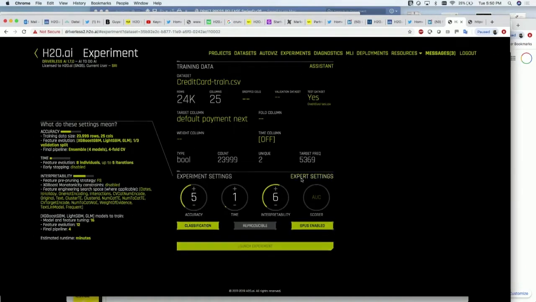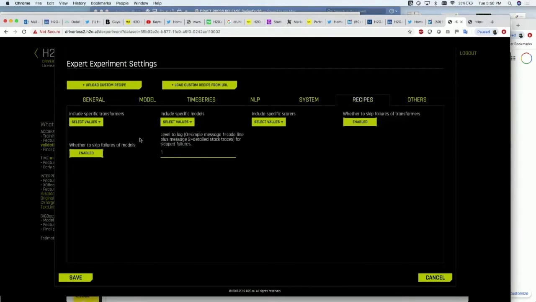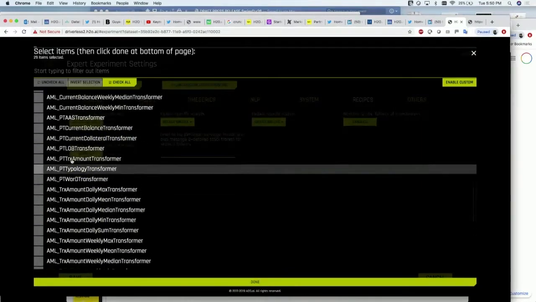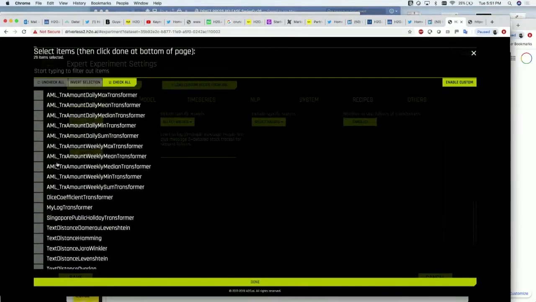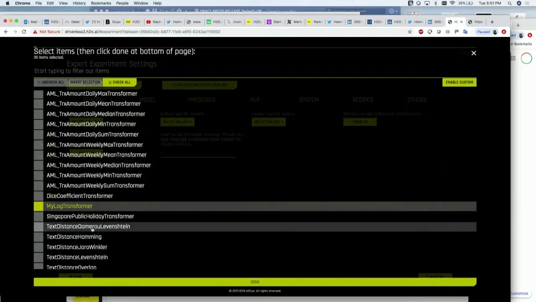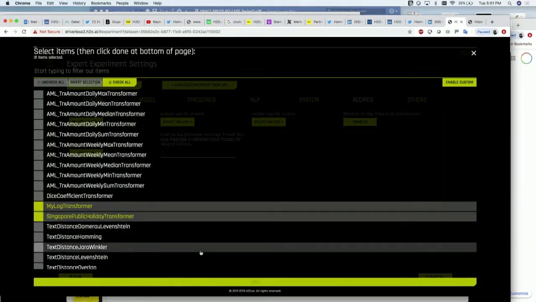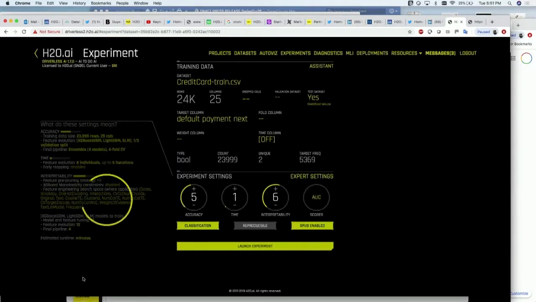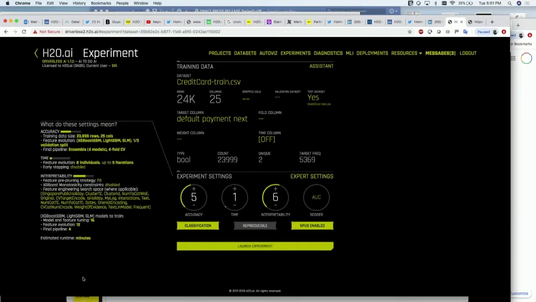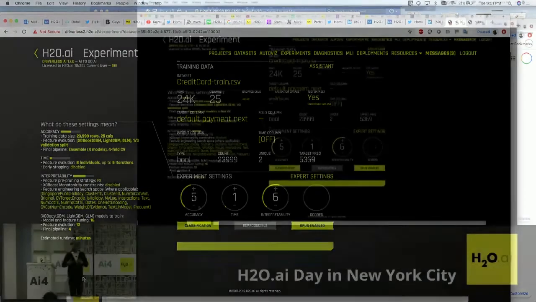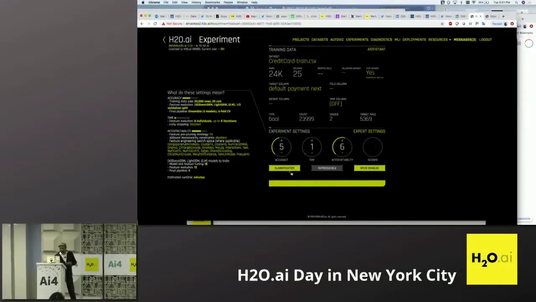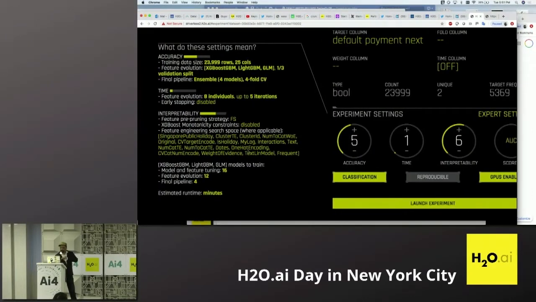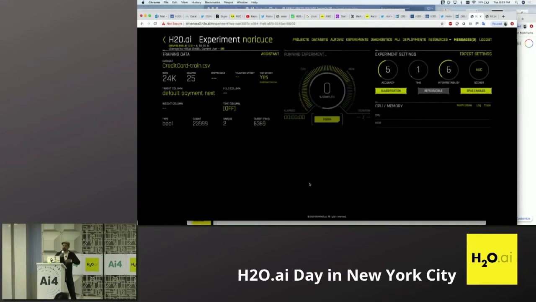I think I need to enable it from the recipe architecture, which is a good way to demonstrate all the various recipes the team has been building. You see AML here, that's anti-money laundering recipes. I'm going to run one of them. So my log transformer or Singapore public holiday transformer, I can enable them and then launch. Right? So the idea is that you can start having your own GitHub of small techniques that you've learned over the years, and then bring them into this backend and start launching. So Singapore public holiday, my log feature engineering is now part of the core machine learning experience.